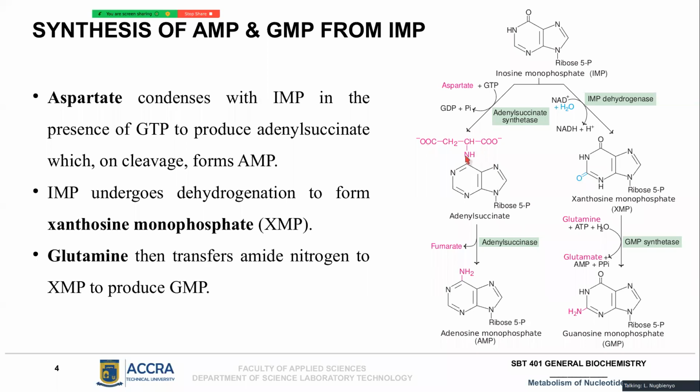So then you see that from here, the amine group is cleaved onto the inosine monophosphate now to form adenosine monophosphate. And again, you see fumarate, which is an intermediate in the TCA cycle, being released. And so this goes into the TCA cycle. Now, for guanosine monophosphate,